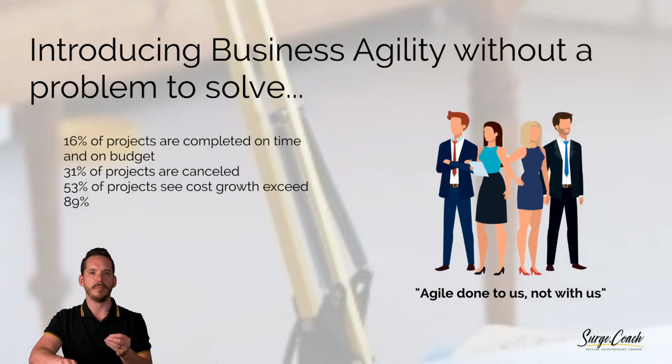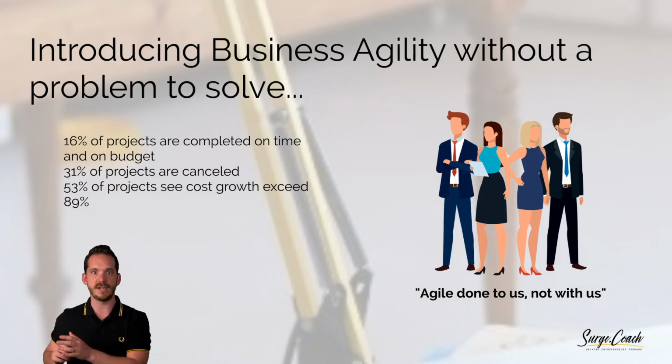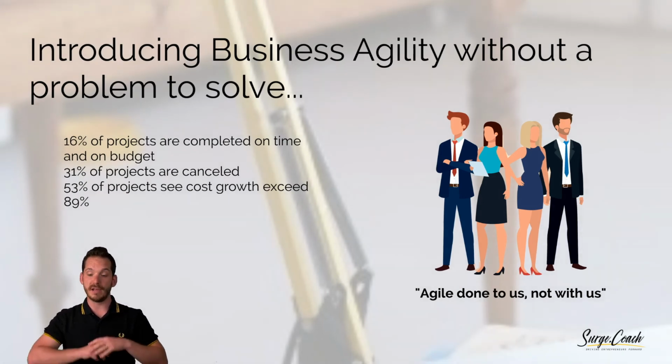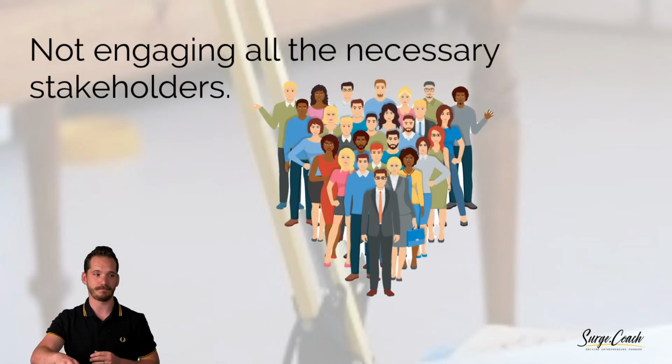You could also get problems if Agile is done to people and not with them. And this is why you'll see with the stakeholder matrix, the current state analysis, the visibility. You're not in a room deciding the fate of everyone's world. You're out in the open talking about what we could achieve. What can we do? You can also have problems if you don't engage all the stakeholders that are needed.